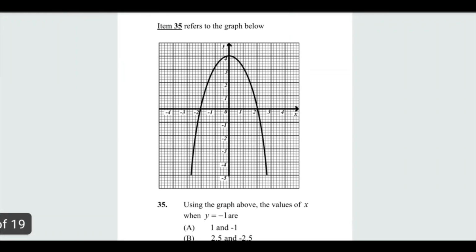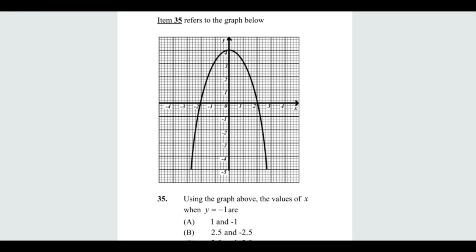Alright, that one was easy. Good. So look at this one, another graph. It says using the graph above, the values of x when y is equal to -1. So we want now when y is equal to -1, just now we wanted when y is equal to 0. So we go to -1 on the y-axis and we draw a line straight across there,